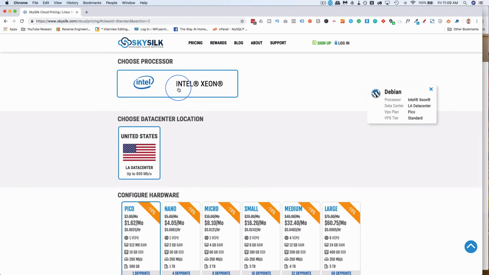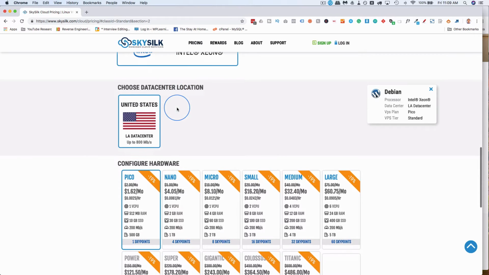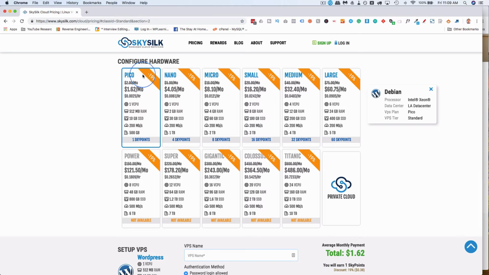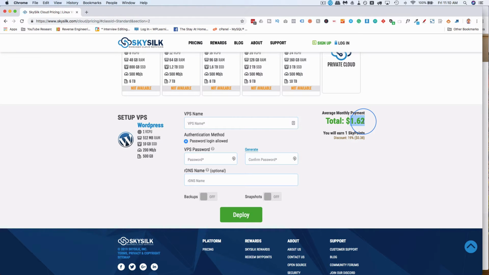We only have one choice of processor. For the premium plans, you have two. You can have an Intel chip or an AMD chip. As of this recording, they only have a Los Angeles data center, but SkySilk has confirmed that they have a New York data center that'll be online soon. It might even be online as you're watching this, so make sure you check on that and choose the one that's closest to your main traffic source, because that will help your website load faster for the majority of your visitors. I'm going to choose the base plan right here, the Pico, and our price comes to $1.62 per month,